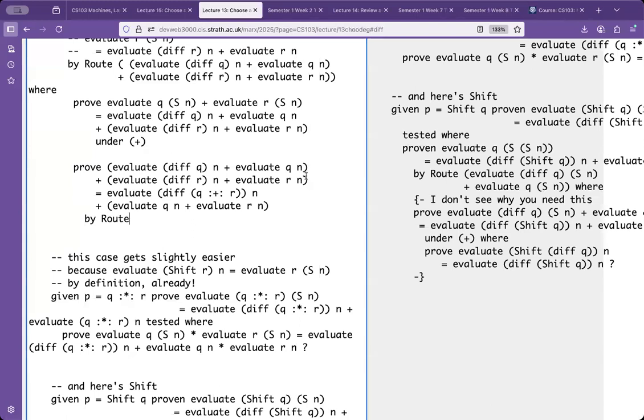Right. So my motivation here, I'm thinking no further than I want to get this thing here, evaluate Qn, to be in the same place as it is on the right-hand side. So I'm asking, can I do enough algebra to do that? And I'll worry about what gets left over later. Okay, so